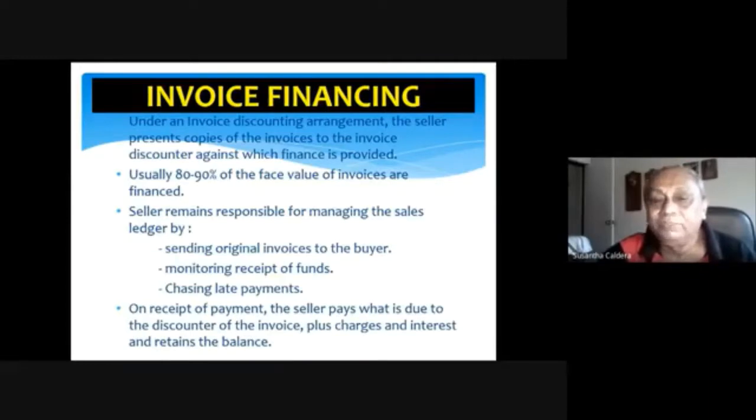On receipt of the payment, the seller pays what is due to the discounter of the invoice plus charges and interest and retains the balance with you. Right? Now, අපි දැන්